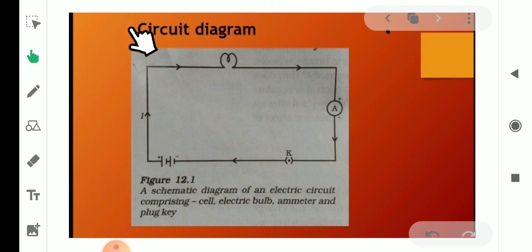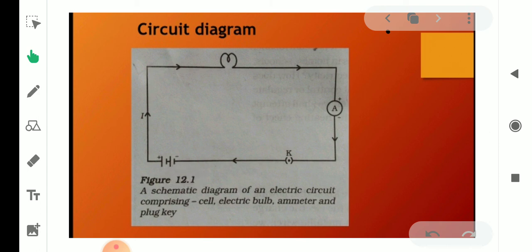So this is the simple circuit diagram. If you are asked in the exam to draw a simple circuit diagram, then you are going to draw this circuit diagram, which comes for 1 mark. You have to denote all the terminals. While drawing the ammeter symbol, you have to show the positive terminal and negative terminal in a proper way. Positive of the battery is connected to positive of the ammeter. Negative of the ammeter is connected to negative terminal of the battery.